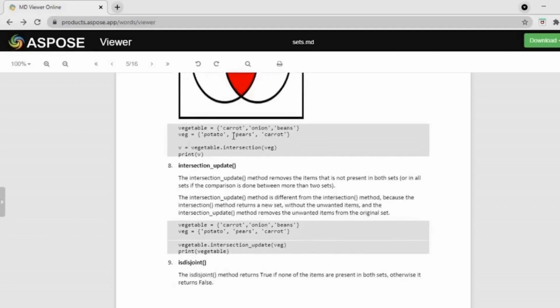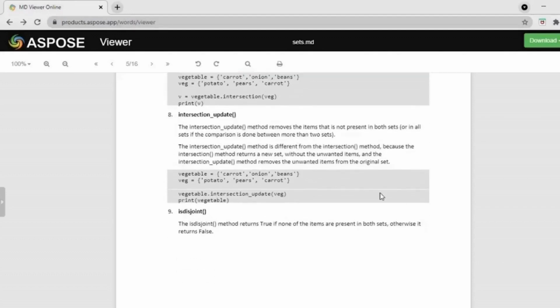Veg has potato, peas and carrot. Therefore, intersection is only carrot. Therefore, only carrot is displayed. Next, intersection update. As said before, it is the same as intersection, but in update we are updating the original set itself.